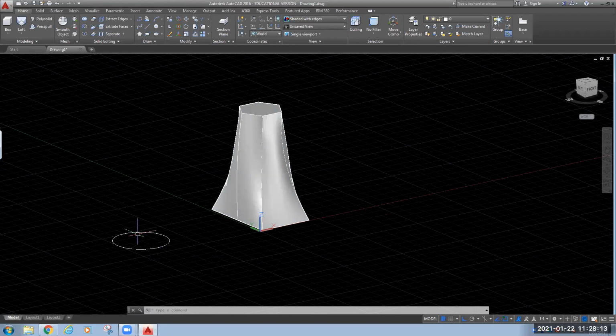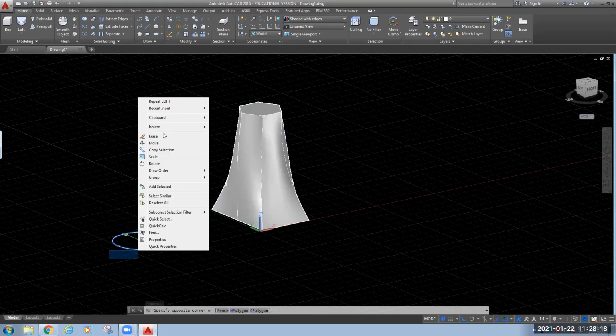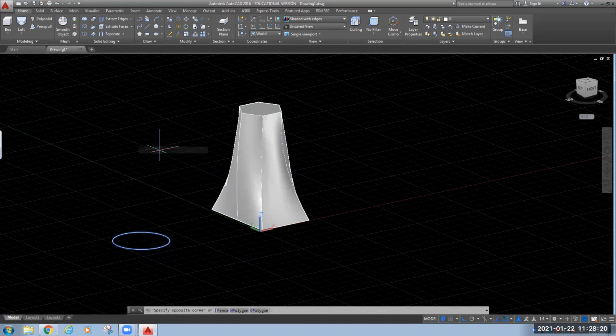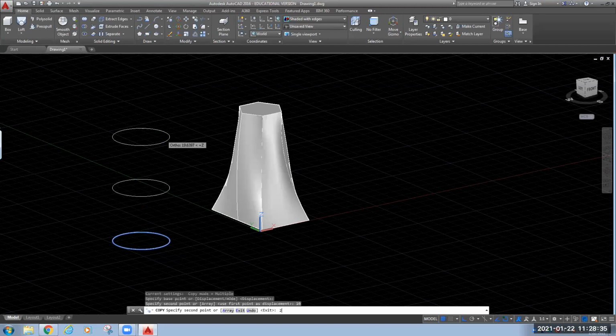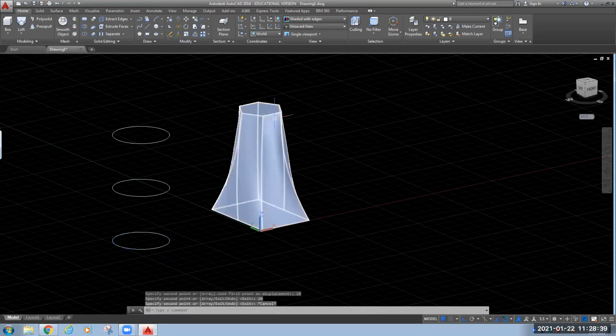Do we have that option? Copy the selection. Okay, now base point, I will specify the center, and in positive z direction, I am taking this at a distance of 10, and again at a distance of 20. The same locations where I have taken your hexagon and the previous circle.